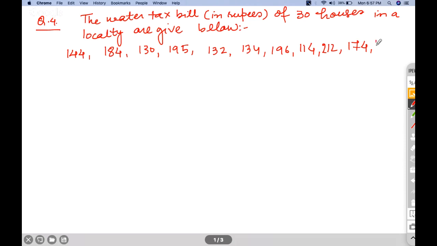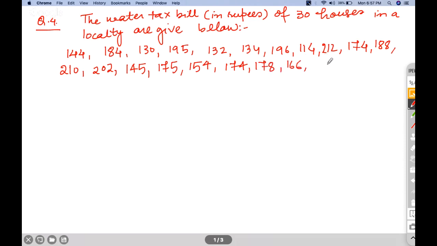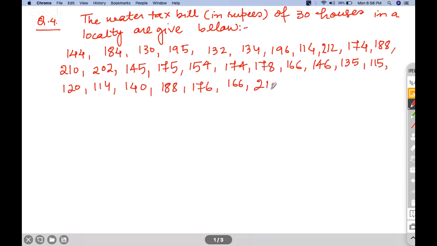174, 188, 210, 202, 145, 175, 154, 174, 178, 166, 146, 135, 115, 120, 114, 140, 188, 176, 166, 210, and 208. You have to construct